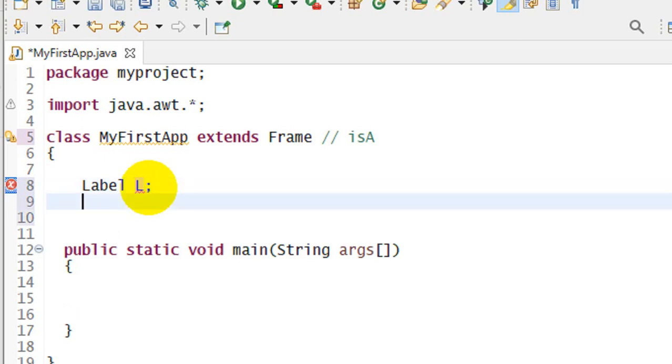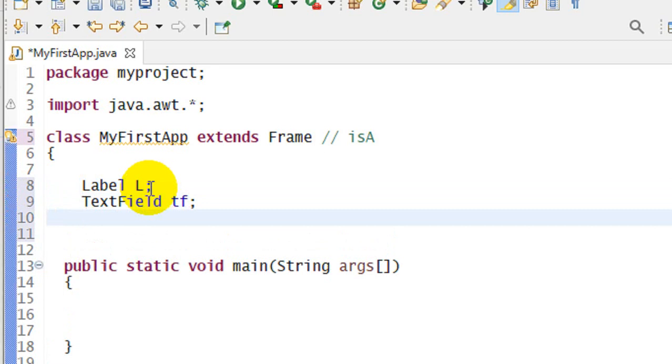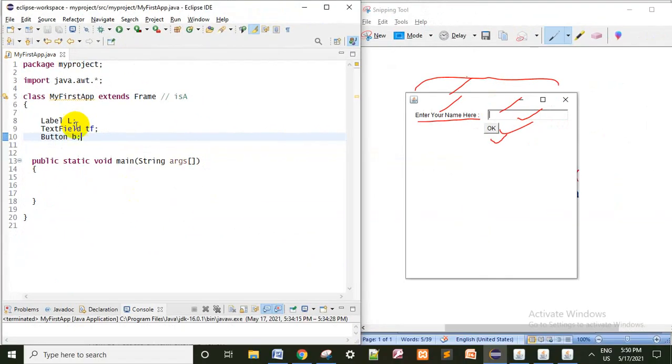After that I want to take the text field reference, TextField TF; and next we want one button, Button B; then save this.